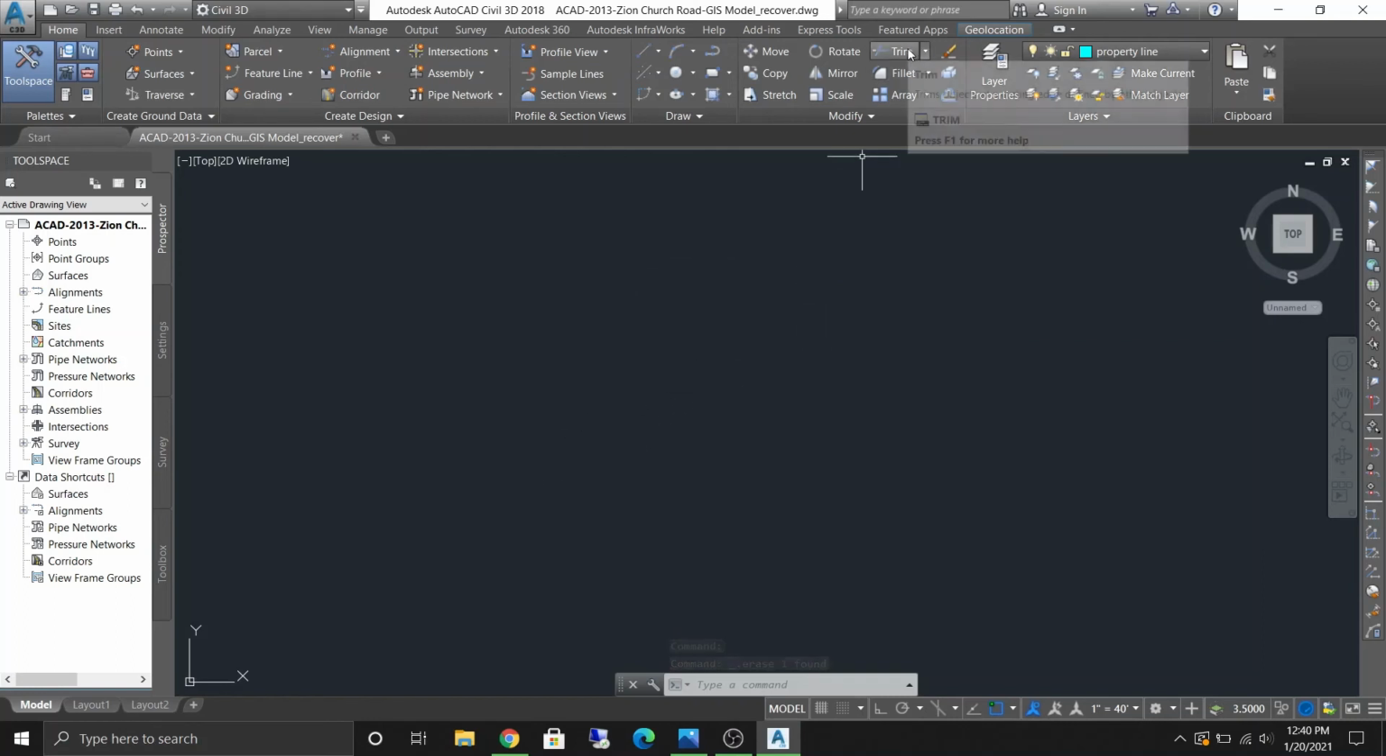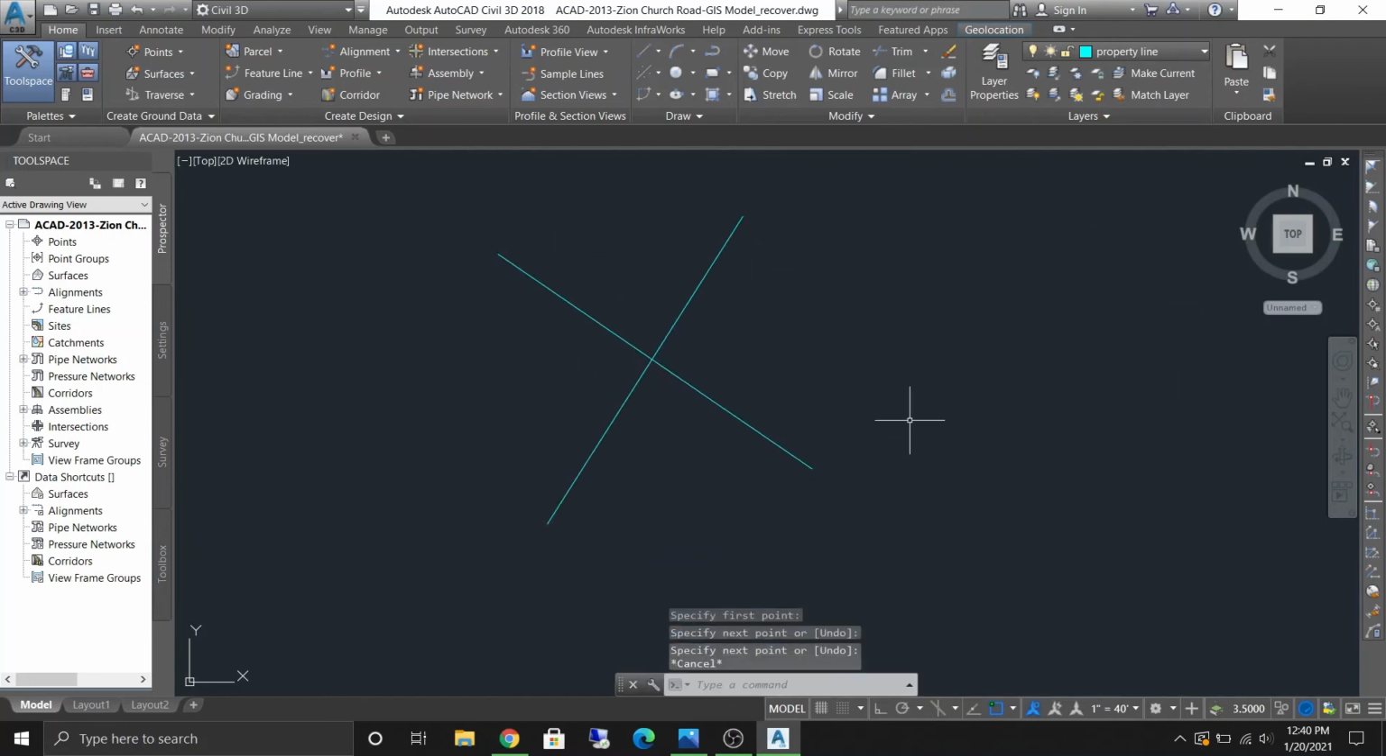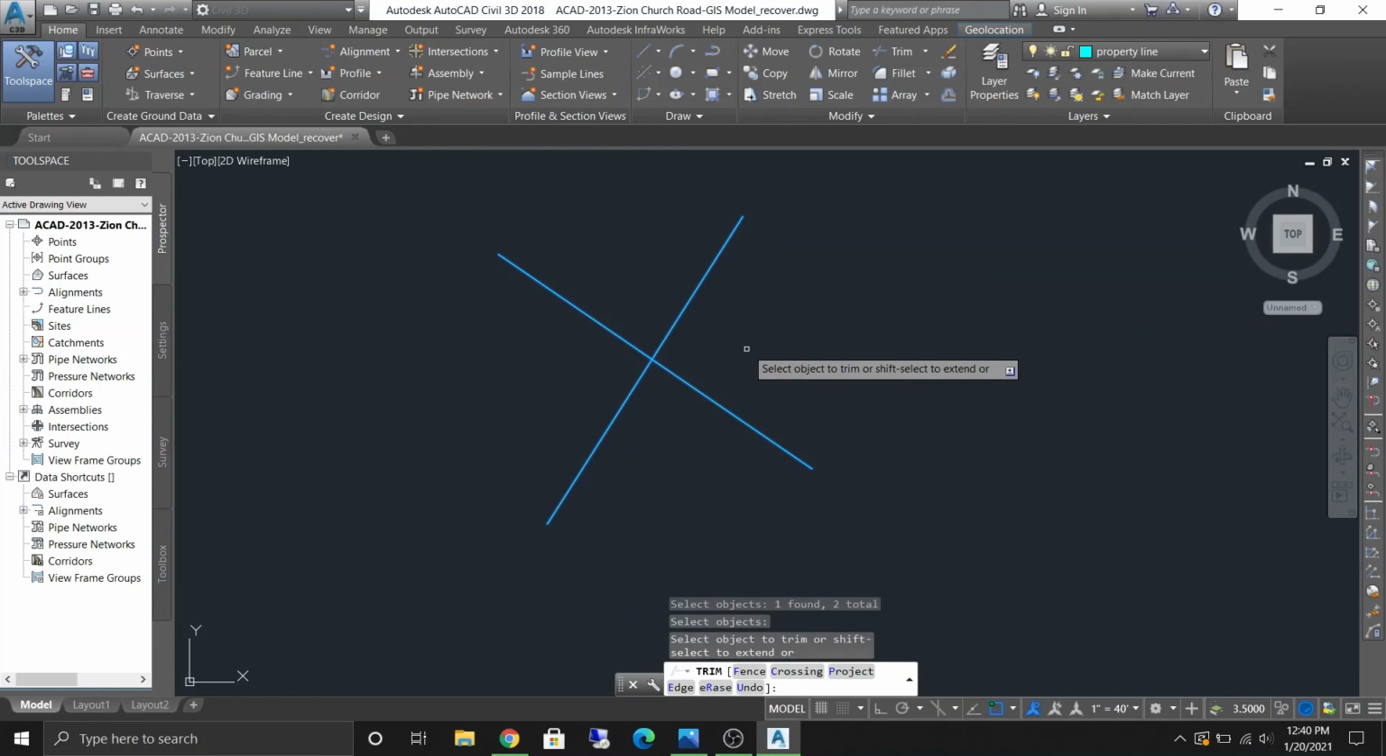Another command that's pretty important is trim. So trim, let me draw some lines. Let's say you have something like this where two cross and you only need this side of the object, right? So to trim, you click trim, and then you need to specify the objects you want to trim. So I want to trim both of these objects. So I click those, press enter,